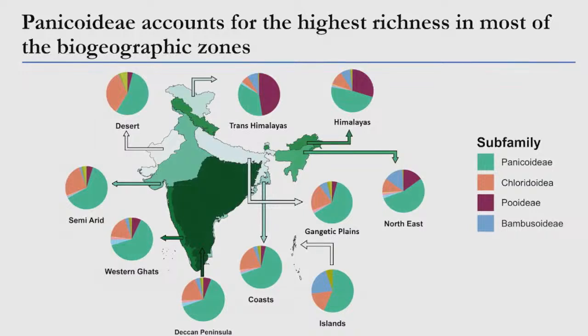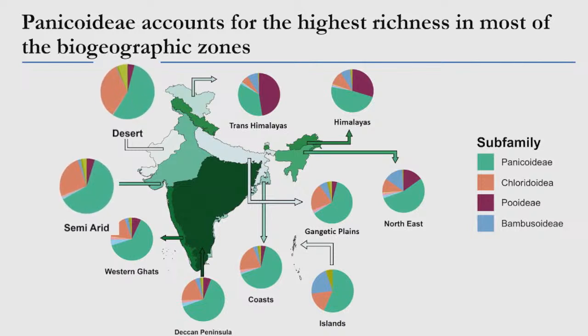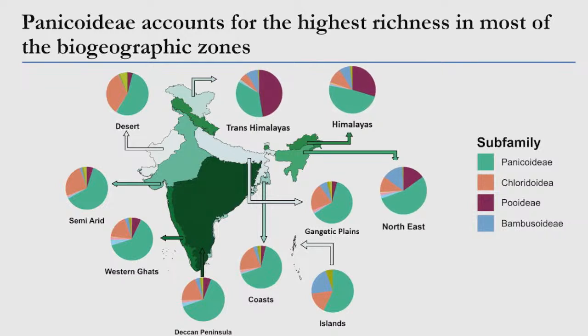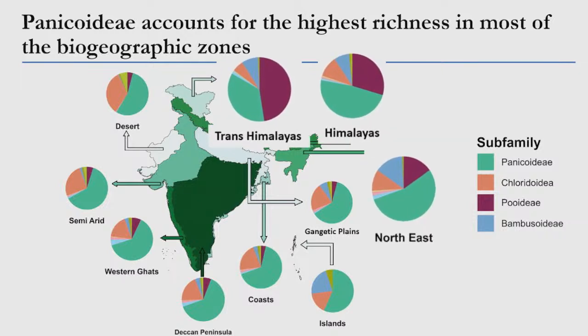Now, if we look at the richness of different subfamilies, we can see that Panicoideae, which is the most species-rich subfamily of Poaceae, and which also consists of the tribe of Andropogoneae, shown in green here, forms the major proportion in most of the biogeographic zones except Trans-Himalayas, followed proportionally by Chloridoideae, which is higher in the drier zones of semi-arids and deserts. The C3 subfamilies of Pooideae and Bambusoideae are comparatively higher in proportion in the cooler and wetter zones of